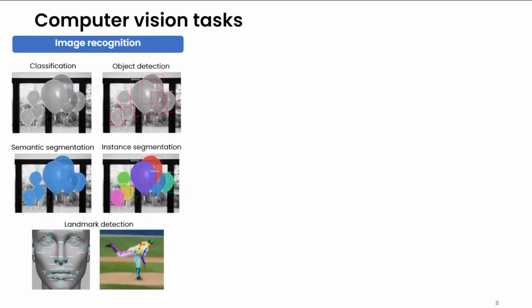So what are the popular computer vision tasks? I really divide them into 3 major categories, with the first one being image recognition, which is still the majority of computer vision tasks we are solving today. There are a few subcategories under image recognition, being classification, which means for this image, we just need to classify which class it belongs to.